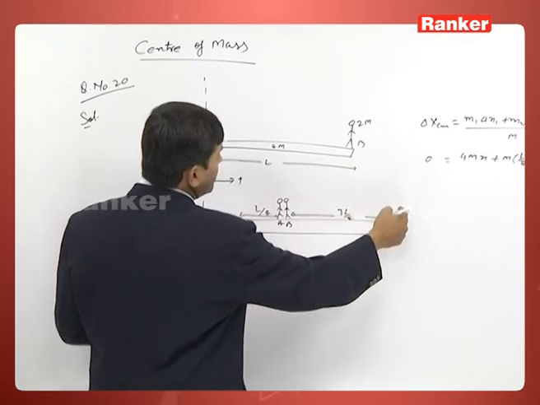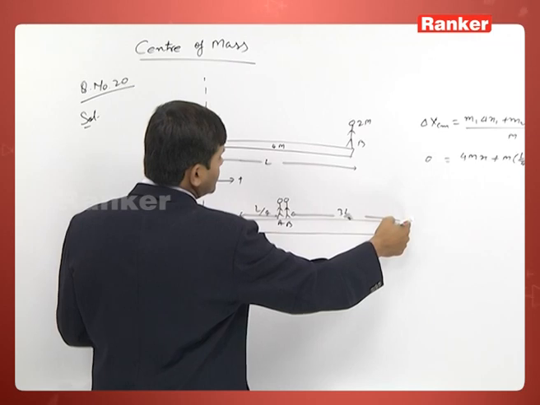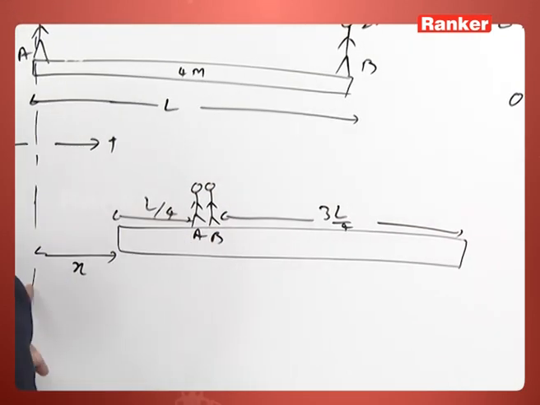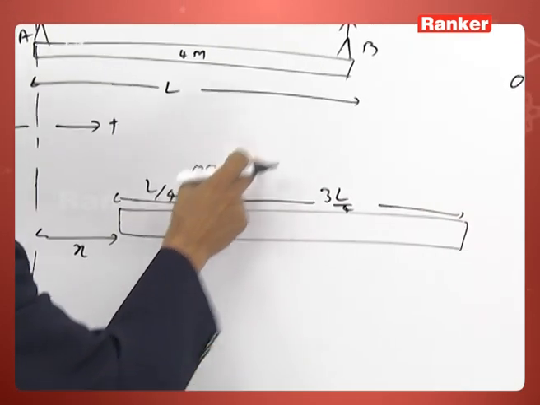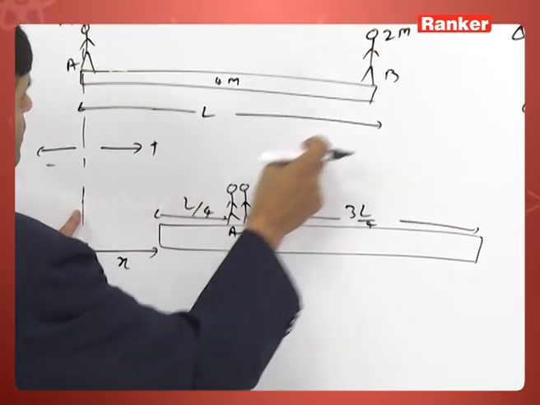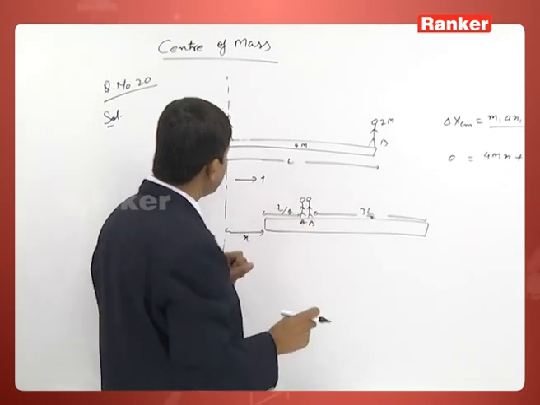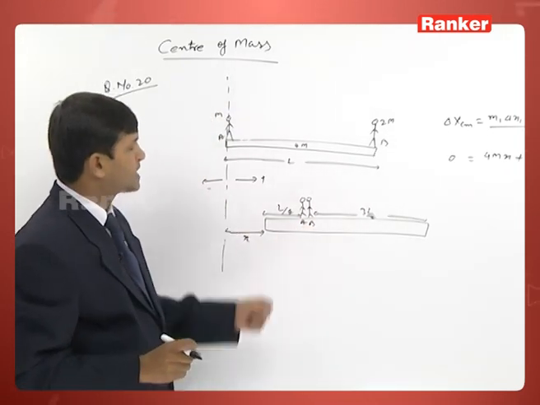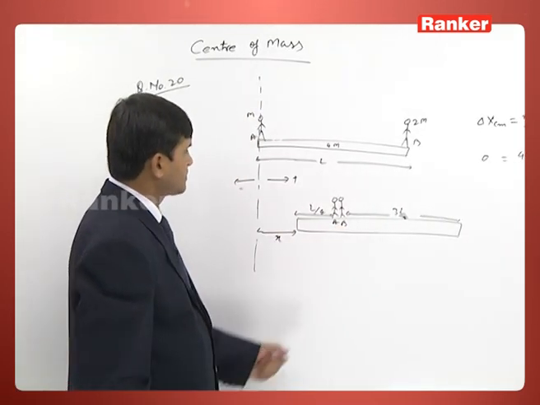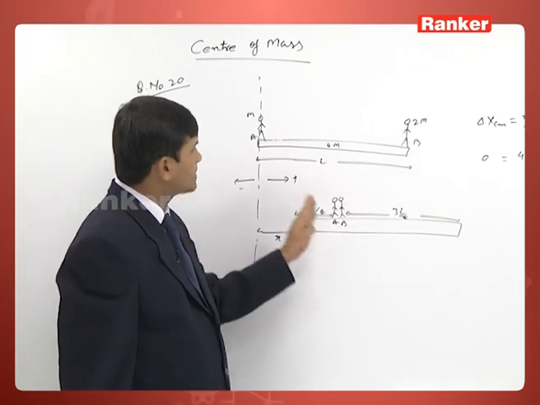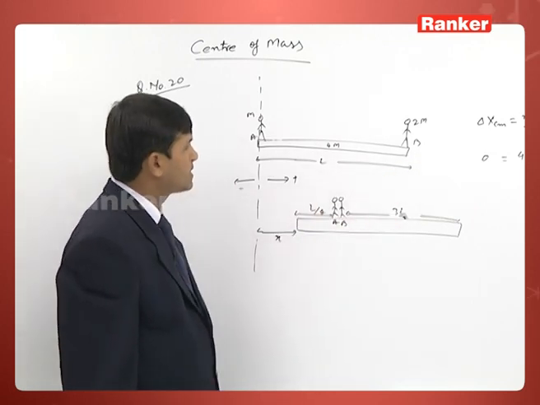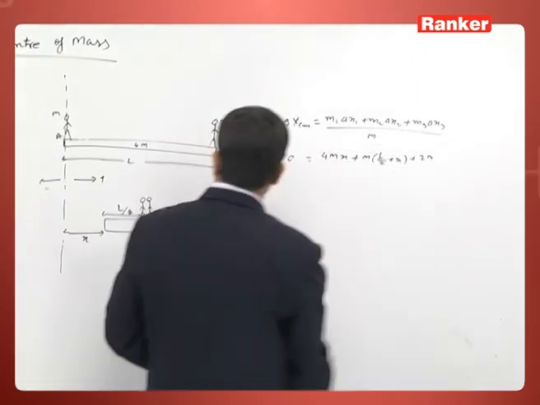Now earlier he was here, now he is here. So earlier the distance from this was L, now L by 4 plus x. So change is L by 4 plus x minus L. Man B,